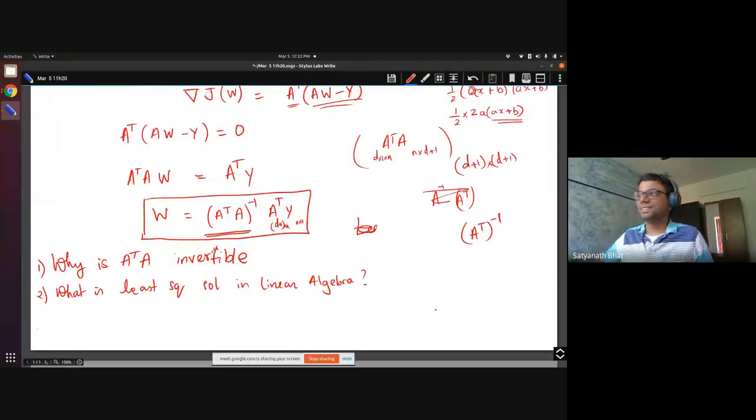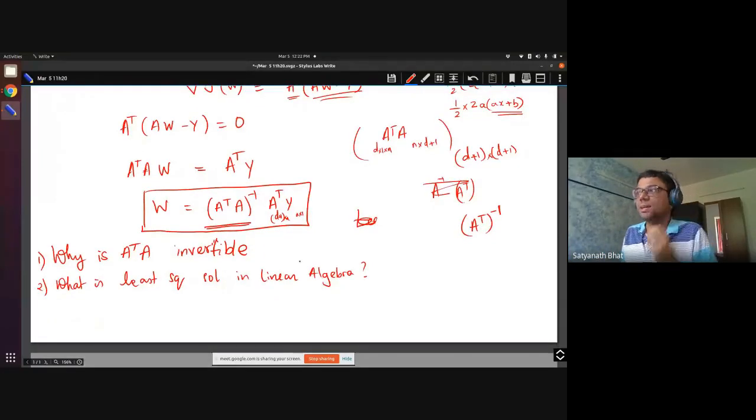So this is interesting that you bring it up. But yeah, you can't. If it were a square matrix, then you could do it, and then everything gets cancelled, and then you have A inverse phi. Unfortunately, that is not how it is. But anyway, that's interesting. Okay, so why is A transpose A invertible?